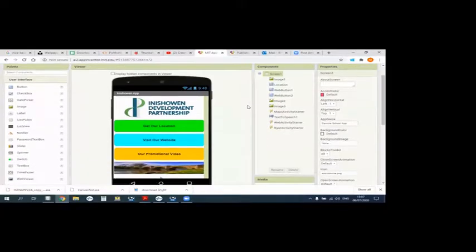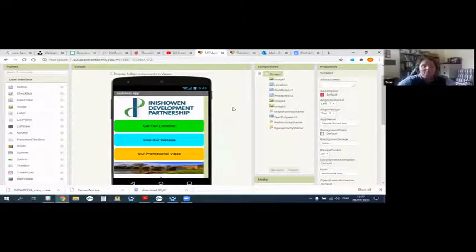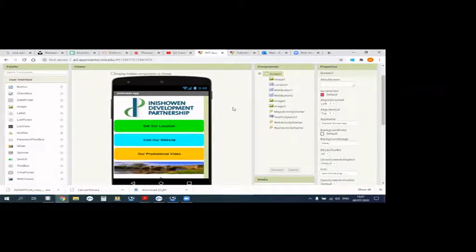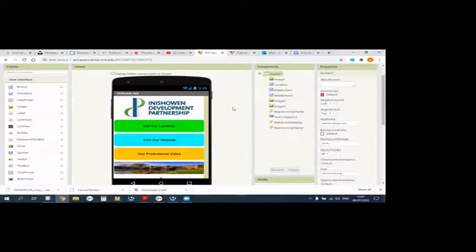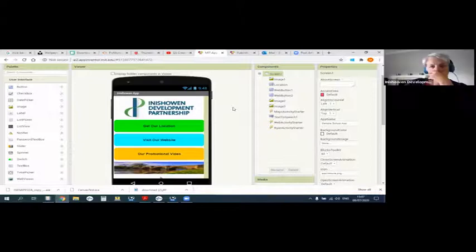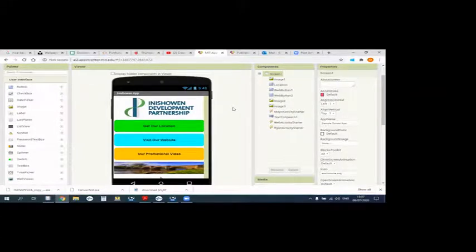Well, the first thing I was going to cover was, you know the way when you download an app from Google Play Store or the Apple store, there's a logo inside the little button of the app. Every app has got its own logo. When you're using App Inventor, if you want to put the logo for your association on the actual app,